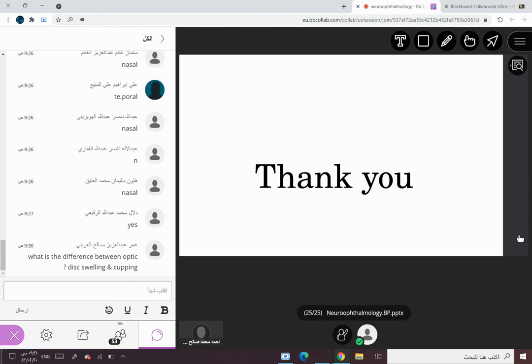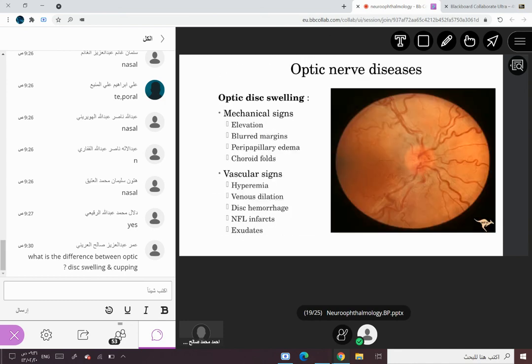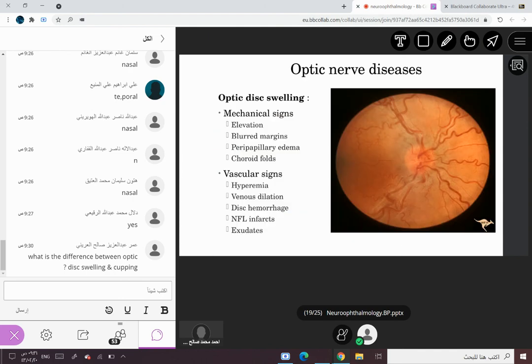What is the difference between optic disc swelling and cupping? Okay, optic disc swelling. Let's go back to the same picture. You see, this is a normal looking disc, and this is a swelling. The whole disc is swollen. Disc swelling. In optic disc cupping,